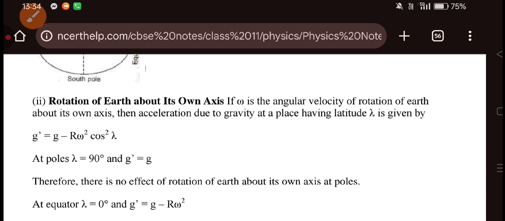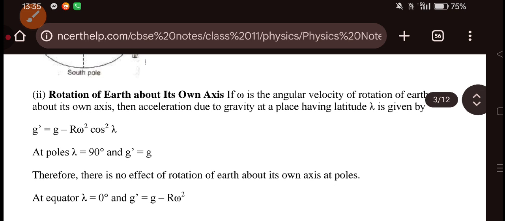Second, rotation of the earth about its own axis. If omega is the angular velocity of rotation of the earth,